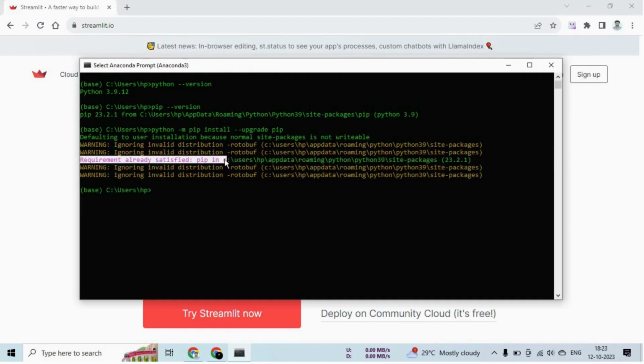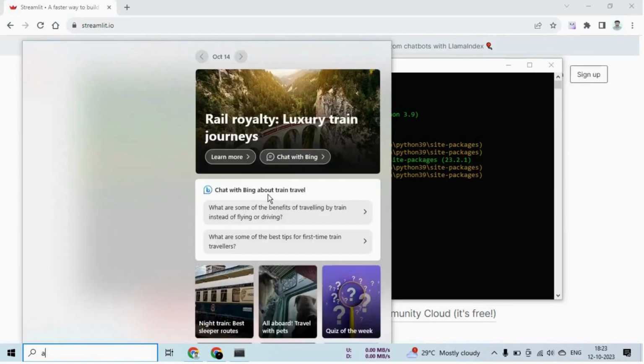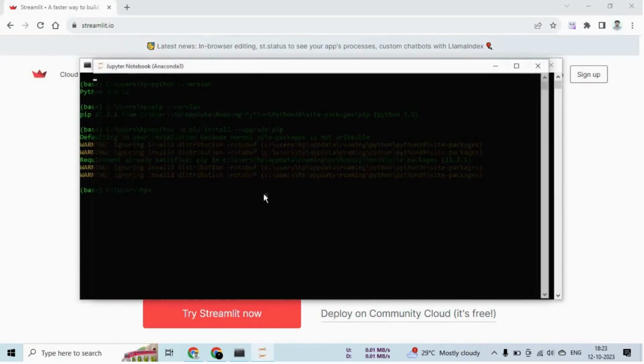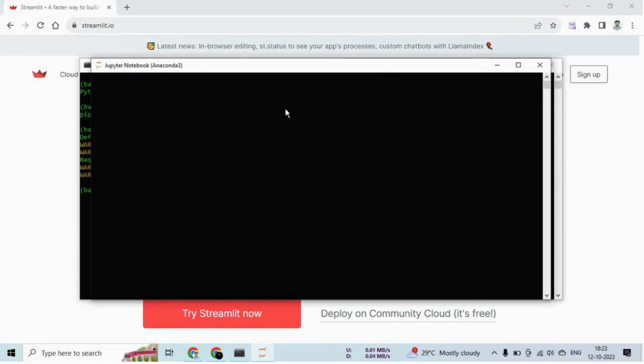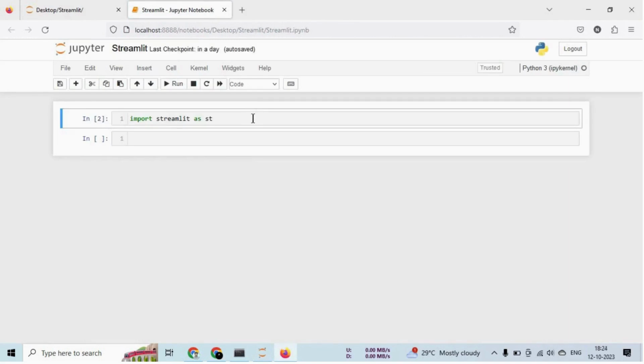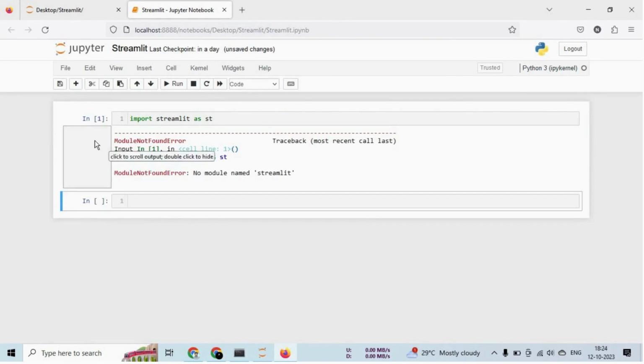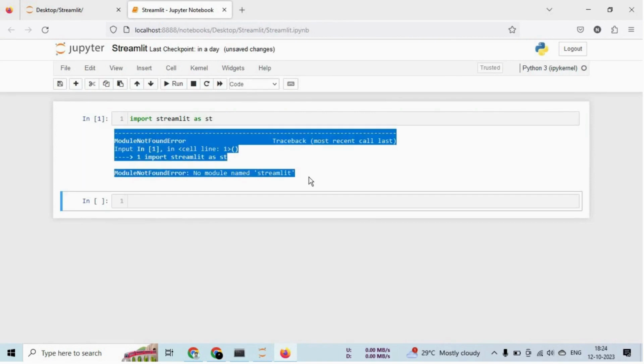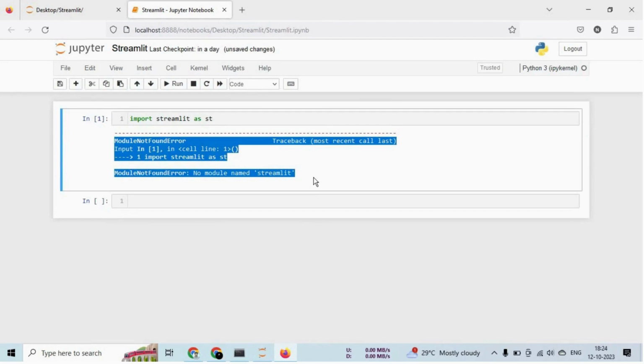Okay, so now let's move into the Jupyter notebook and try to import Streamlit. Let's try to import the Streamlit library. As you can see, when we execute the code, we get an error because Streamlit is not installed. We need to install Streamlit. So let's move again to the Anaconda command prompt and type